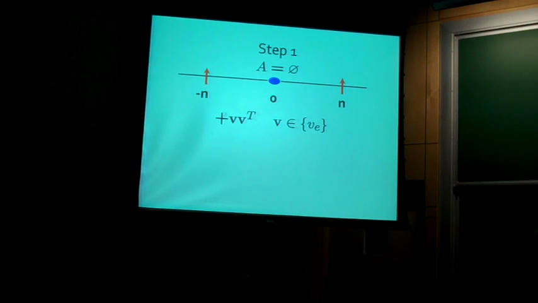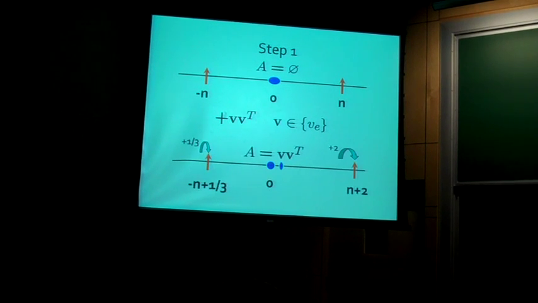So what happens? At every time step I add a new vector, and then I shift the barriers a little bit. The way I shift the barriers is the upper one, to get these bounds, I will advance by 2. And the lower barrier I'll advance by 1/3. So I'm more conservative in the lower barrier, more aggressive in the upper barrier, but I should be, because when I add a new vector, I push the eigenvalues forward this way.